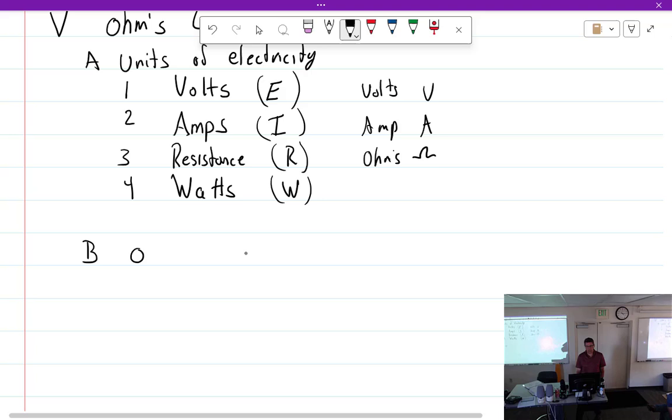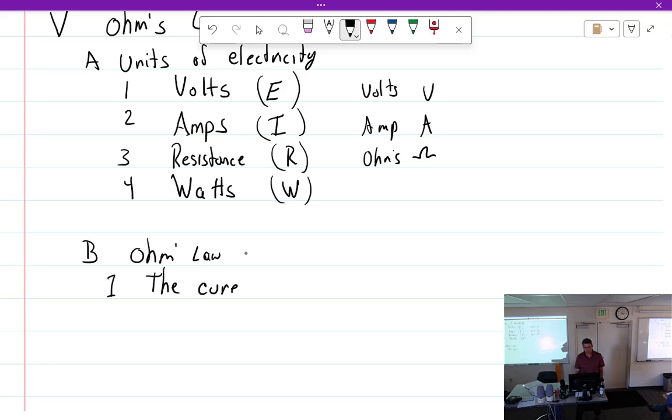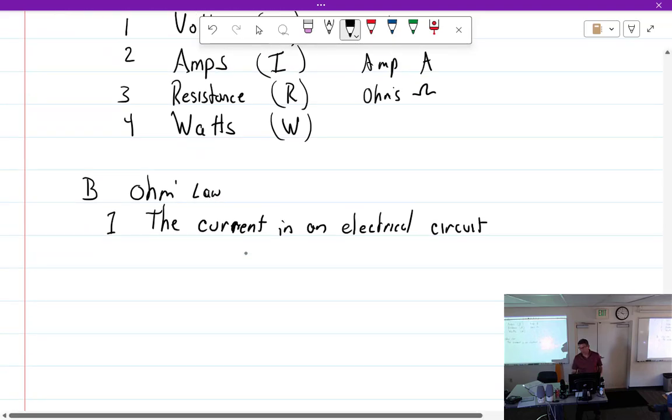All right. Ohm's law. Named after who? Ohm. Dr. Albert Law. Never gets old for me. George Simon Ohm. He died in 1854. And the law says the current in an electrical circuit is directly proportional